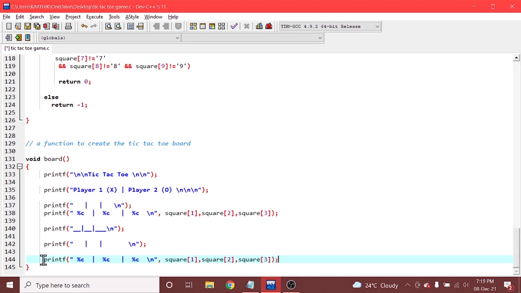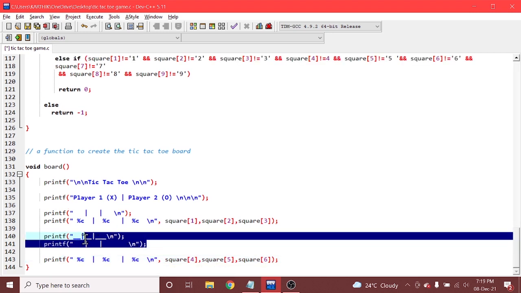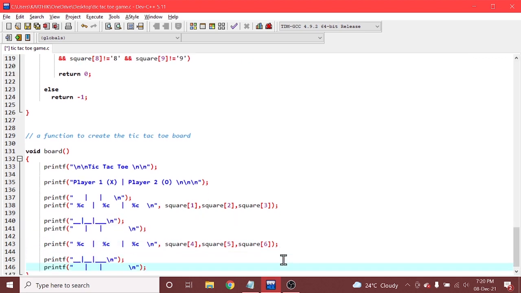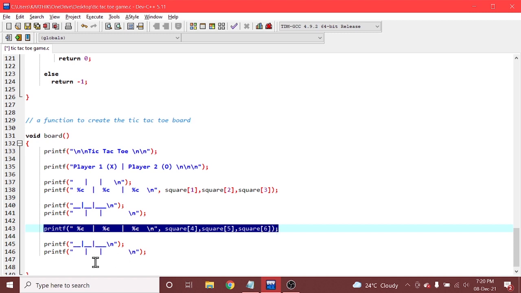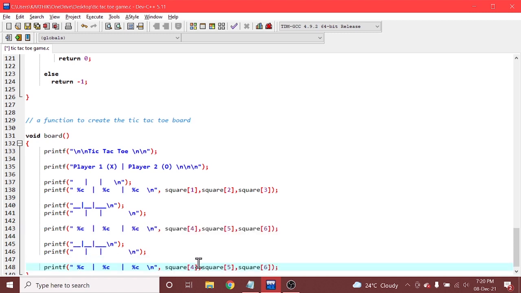The only difference is that here we will be having 4, 5 and 6. And similarly again we will be creating the same printf, the gap between those squares. After creating the gap between them, we are writing the remaining squares, that is 7, 8 and 9.